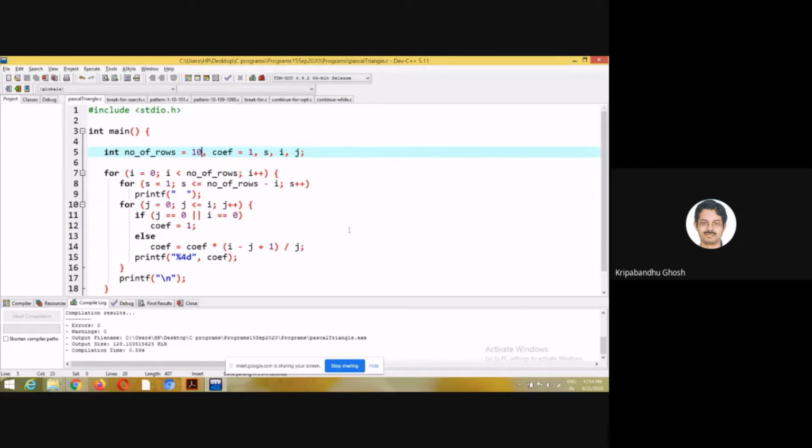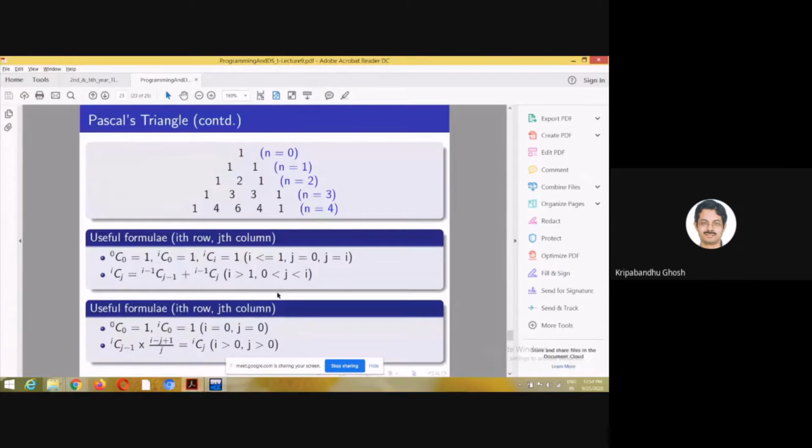So please try to understand this particular logic, and you can try to implement the other ways of doing it. I have used this particular logic here. You can use this logic also if you want. There is another way of doing it. What is that particular way? Simpler way, in a way of speaking, it's simpler because you don't have to bother about this formula. If I tell you that this is the pattern you need to print, you don't have to understand mathematics. You still will be able to do it.